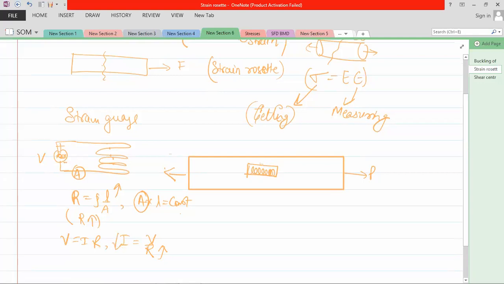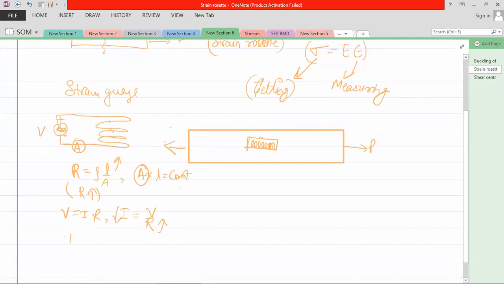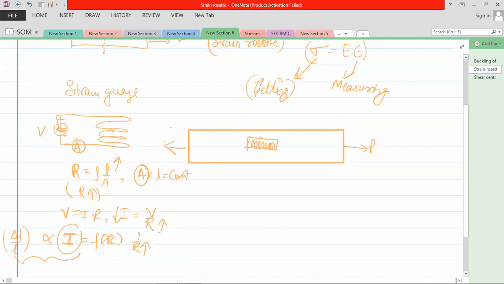So that means elongation can be calibrated. The current is a function of R, inversely proportional to R. If your resistance increases, your current will decrease, and that is calibrated with the change in length relative to the original length. This is the calibration that has been done. So you directly measure the current with the ammeter. If you apply the load P and an ammeter is connected, it will measure the change in current, and that will help you obtain the change in length. So this is your coupling.